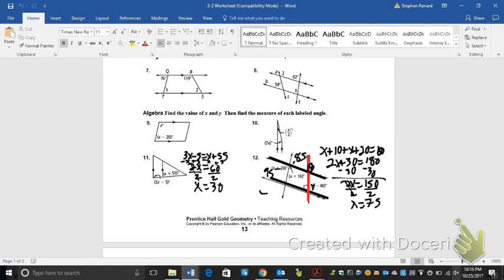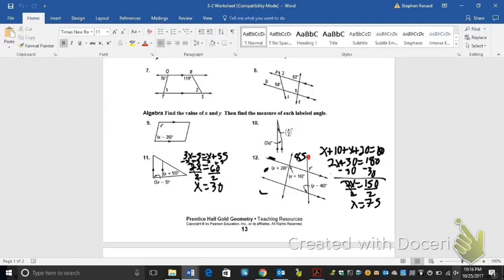Okay? So here, again, we see that they're corresponding. Okay? One is, or no, we don't see that they're corresponding because they're not. We see one in the top right corner and one in the top left corner. So they're not corresponding. Nor are they alternate interior, nor are they alternate exterior, nor are they same side interior. So what we're going to need to do is look at these and go, well,